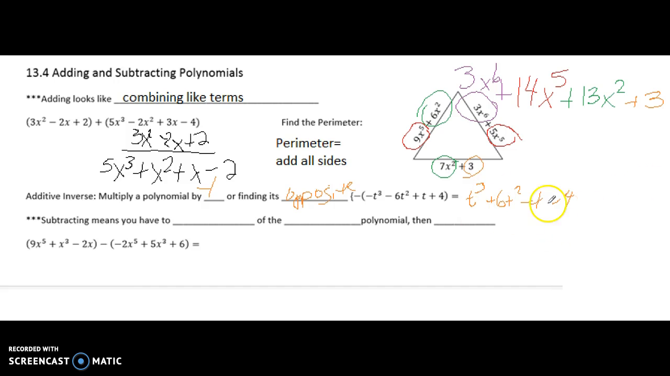And it's important that we know how to do this because when we subtract, that's what's going to happen with the second polynomial. So when I have 9x to the 5th plus x cubed minus 2x minus all of this, I have to change all of these signs. And I'm going to stack them underneath again just so I have my like terms. So this becomes positive 2x to the 5th